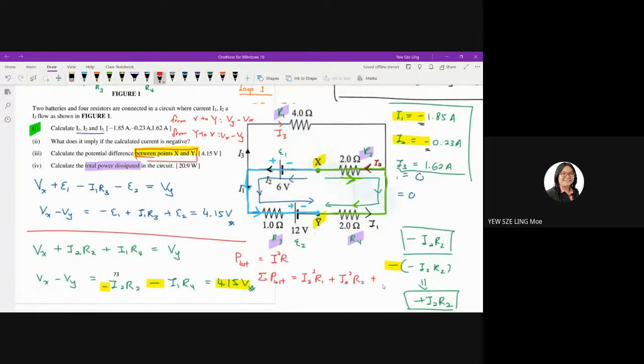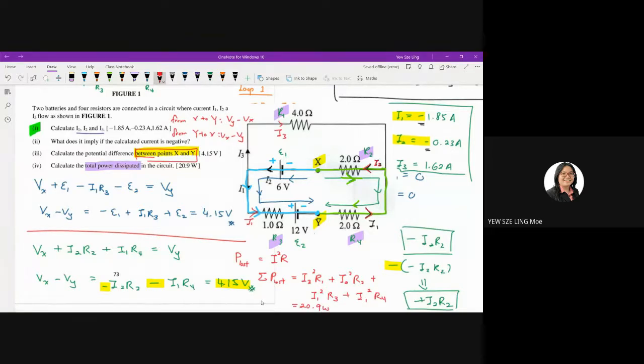How do I know that I need to plus again? Because I still have R3 and R4. I have 4 R, which means I have to add them 4 times. I have to add up the 4 powers together. So R3, I have a current I1 flowing through it. So I1 squared R3. R4 also has I1 flowing through it. So plus I1 squared R4. And then you should obtain